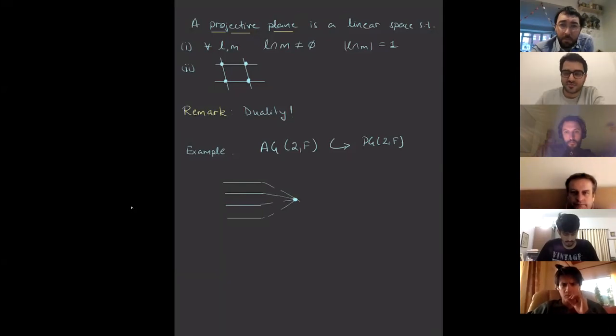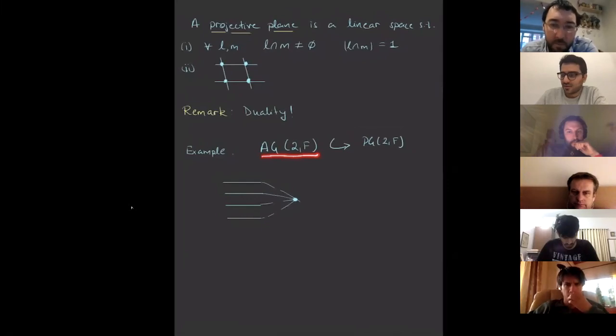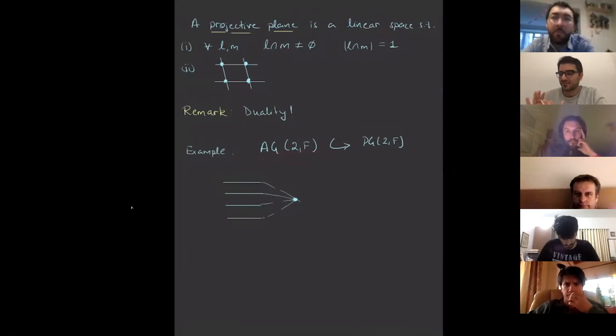So for affine geometry, I had a notation of AG2 comma F. And for projective geometry, for the projective plane over a field, I will have this notation, and that's what I'm defining right now. So I'm defining what a PG2 comma F is. Okay. So PG stands for projective geometry. I just like using that notation. So we know what AG2 comma F is, right? And now from this, we are trying to construct a projective plane. So a point-line geometry satisfying these axioms